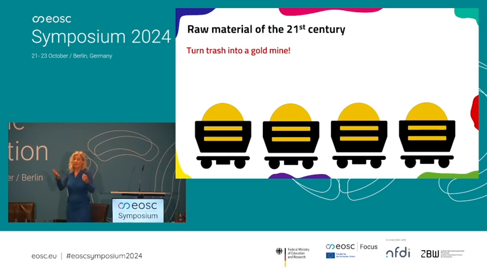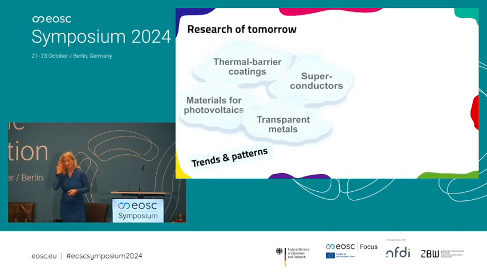So how do we do it? And now this brings me to the research of tomorrow. What I envision is that by bringing together the information that we have on the whole planet, so not just from one research group, but from everyone on this planet, we will be able at some point to distinguish materials in terms of the composition and configuration according to their purpose. So we will group these materials such that we find materials that are good for superconductivity or good for photovoltaics.